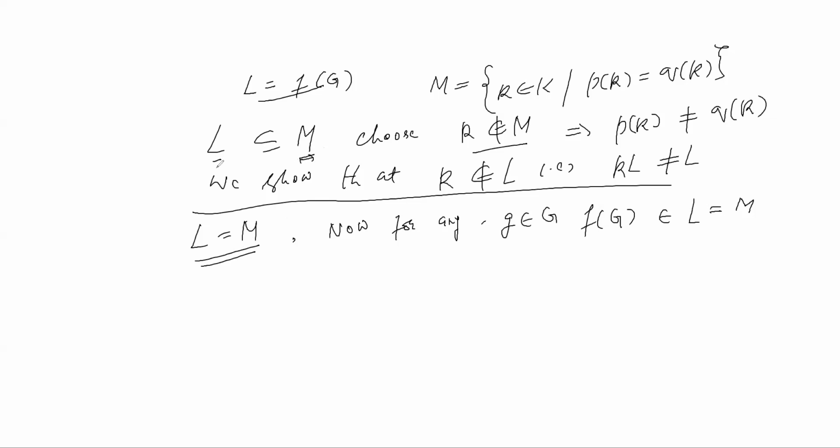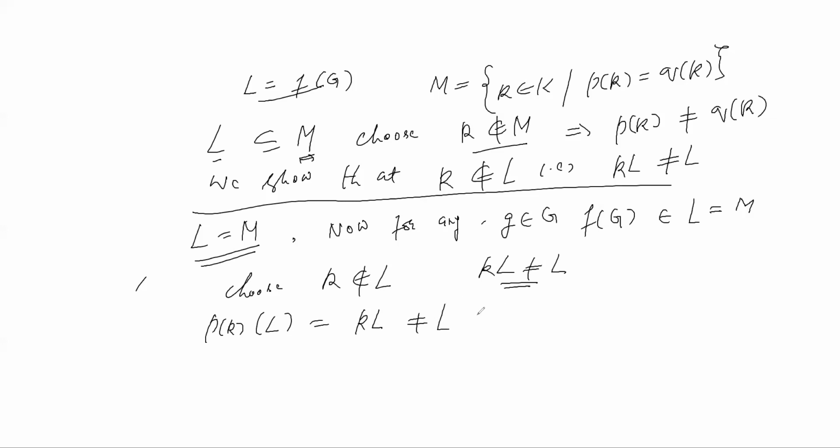यस सर। तो चूज, तो देखते हैं एक मिनट. चूज के डज नॉट बिलोंग टू एल। K does not belong to L. ओके. हमें दिखाना है फिर के डज नॉट बिलोंग टू एम। जब K L में नहीं है तो K L इज नॉट इक्वल टू L, है ना. यस सर। तो अभी आ जाएगा मुझे लगता है. So now, P K of L by definition is K L, but which is not equal to L, and L is what?